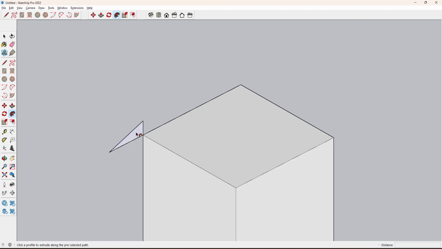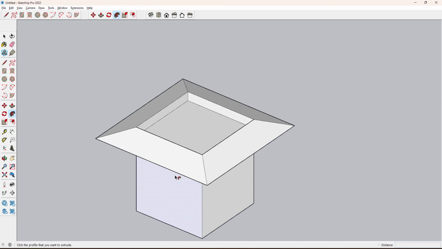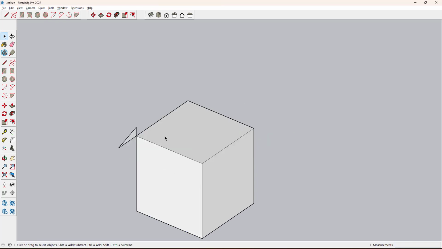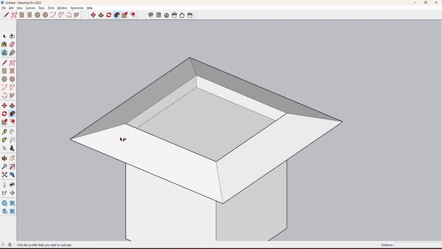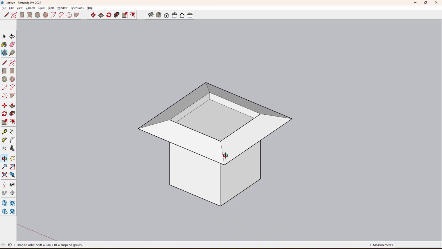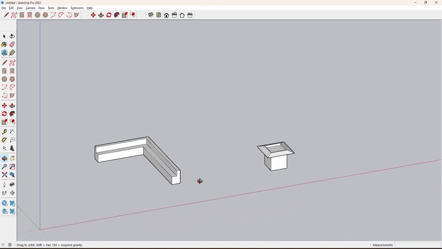and double click on the shape. So this is how you get the roof profile to your model. One more method is, I select the face which is associated with these 4 lines, then take the Follow Me command and double click. So this is one more method to apply the Follow Me tool. Like this, you can do the Follow Me concept.